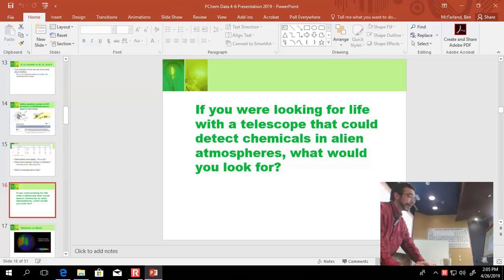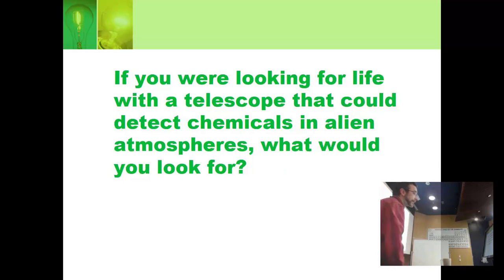You've had time to look at that. And let me ask you, okay, we are starting to be able to do this. We've found exoplanets, and there's one that has like diamond rain, which is really weird